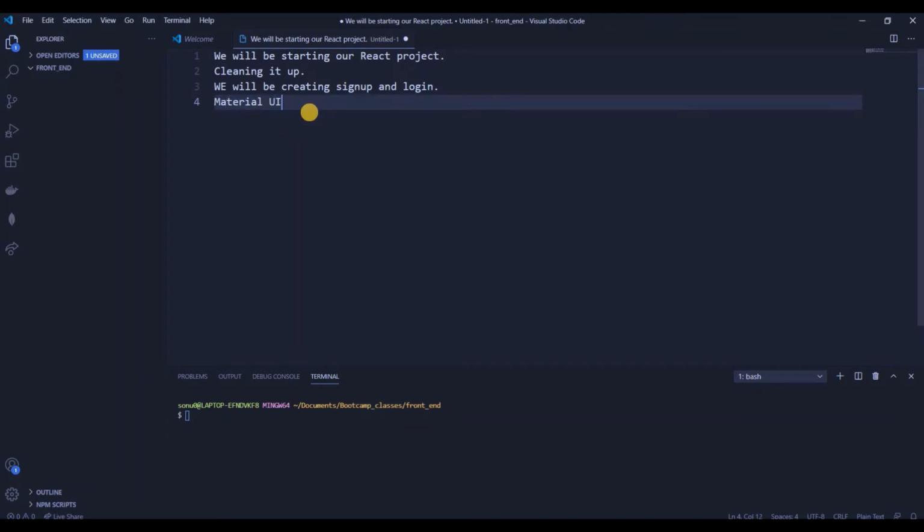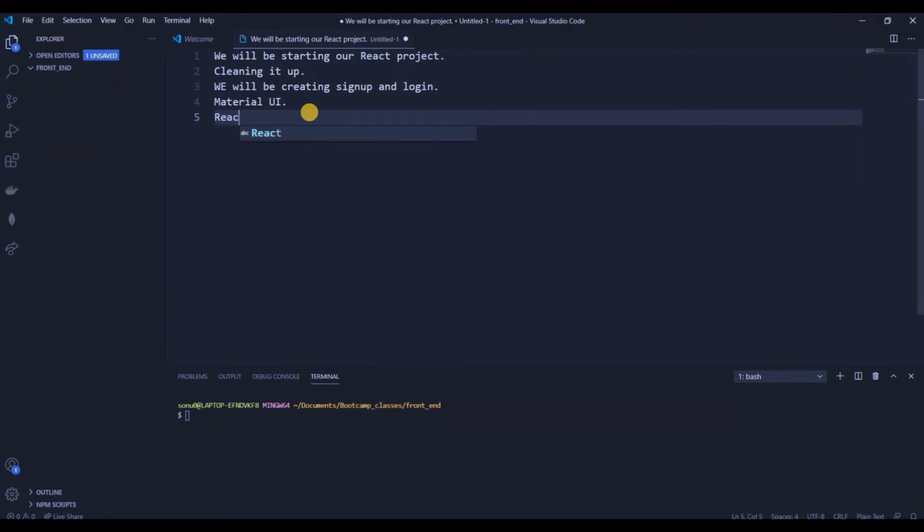If you would have referred to my last React Bootcamp, then in that we used Material UI, and also we used our own custom styling. But for this, yeah, we'll be using custom styling. But for now, let's go ahead and use Material UI. And in that case, guys, let's get started.